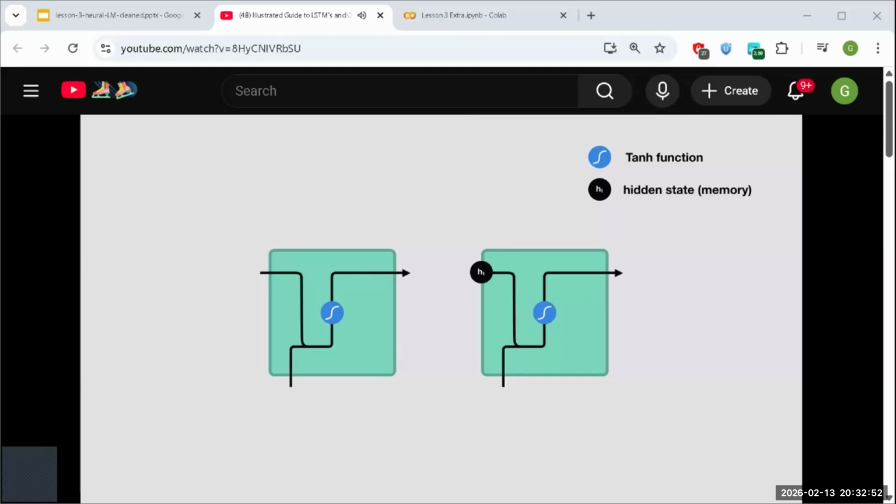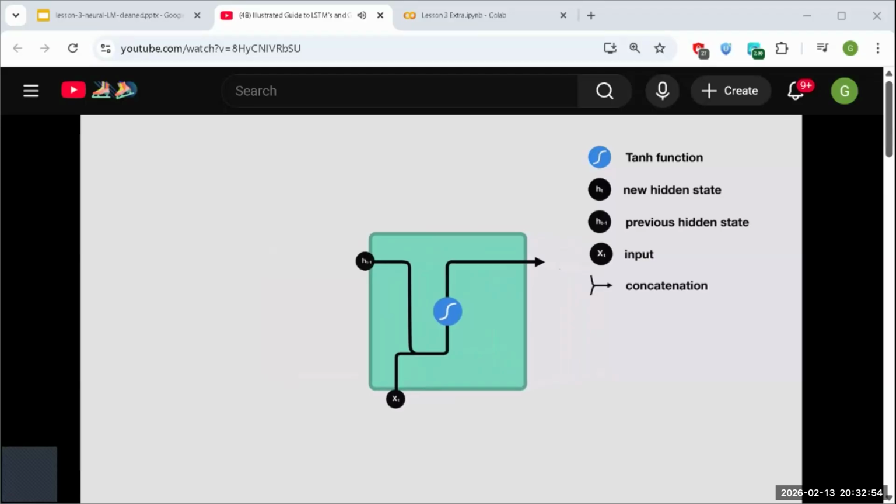Let's zoom into the cell of an RNN to see how the hidden state is calculated. First, the input and the previous hidden state are combined to form a vector. That vector now has information on the current input and the previous inputs. The vector goes through the tanh activation, and the output is the new hidden state, or the memory of the